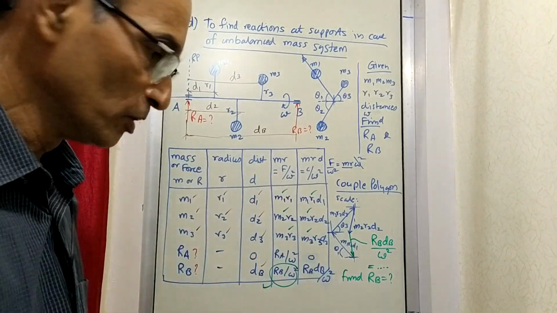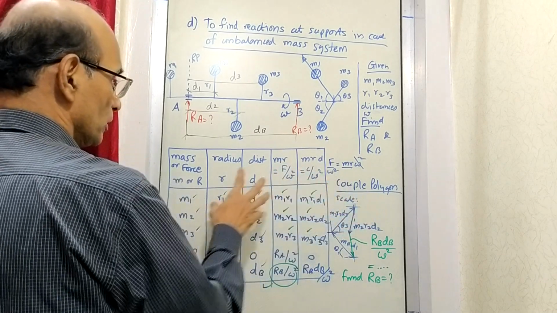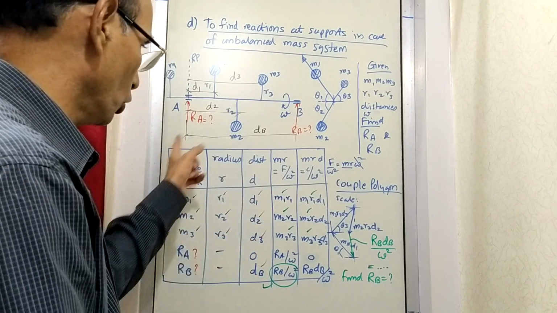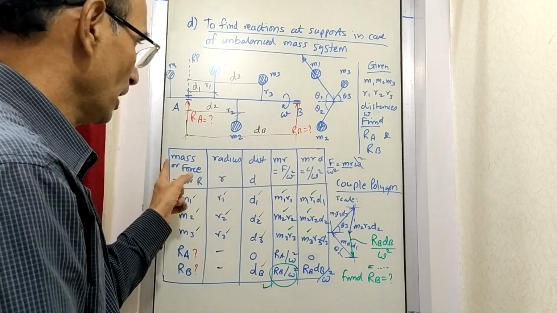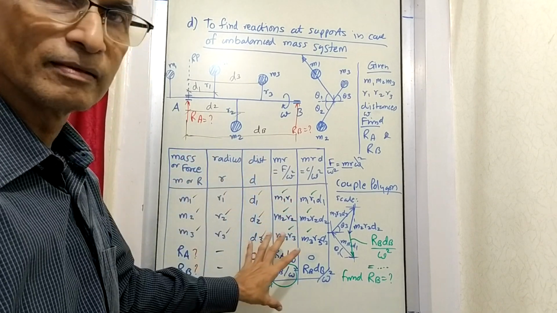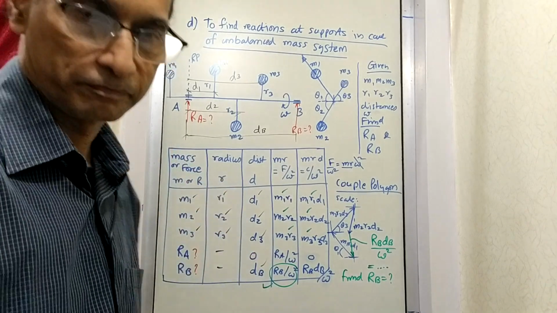That is the next step. So now we draw a force polygon. First we were on the couple polygon, now we will draw the force polygon. So I will make use of this part of the board. I am going to erase this and draw the force polygon over here. So please make a note of all this. Once you make a note of all this, then I can draw it here.